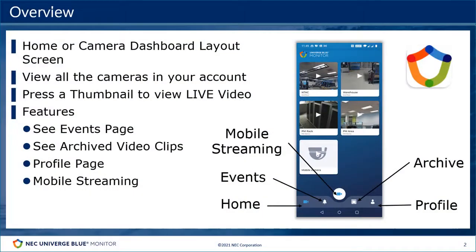The Univerge Blue Monitor mobile application provides many of the same features seen when browsing to the Univerge Blue Monitor dashboard. These include a camera dashboard where you can see all the cameras that are defined to your account, with thumbnail views that allow live video. You can navigate to an events page, to archived video clips, go to your profile page, as well as a